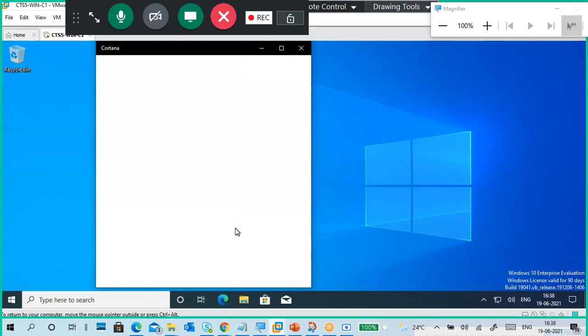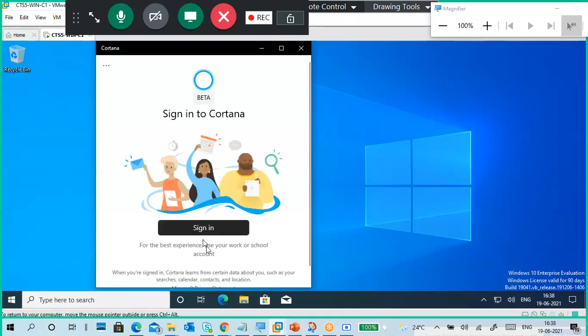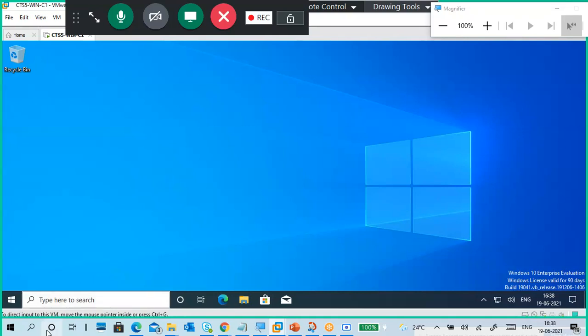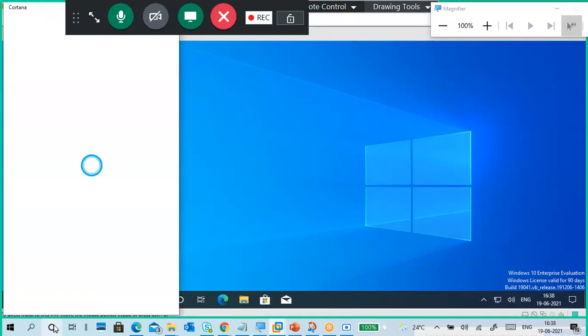If you speak, it will follow you as a sentence, but I will show you on my physical machine. It's asking for a sign-in method. Earlier Cortana was working well and doing as I asked. So I open Cortana on my physical machine, my laptop, but it is taking too much time. Is the internet speed low or what?